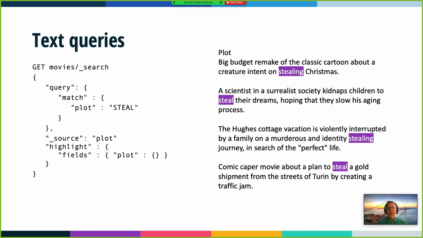When we roll all that up together, we can see here a text query that I'm getting from my movies index. I'm searching against it, and I'm searching for all capitals steel. And we're looking in the plot field, by the way. What comes back to me matches steel for both lowercase stealing, steal. This is kind of the intent and what we should expect to see coming back for the query steal.